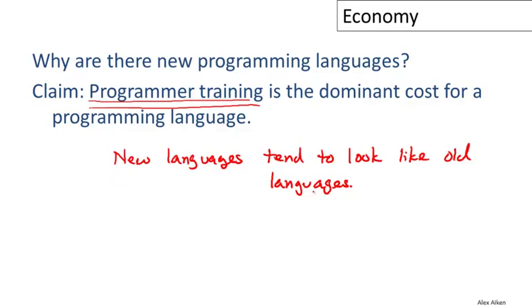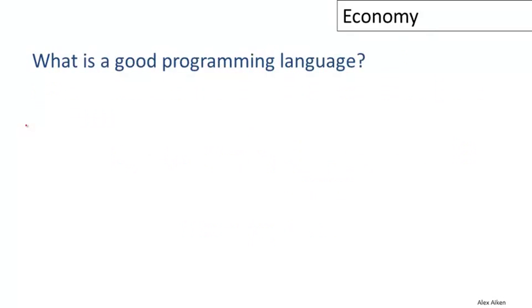By having your new language look like an old language, by leveraging off what people already know about the old language, you make it easier for people to learn the new language. You make them learn it more quickly. And the most classic example of this is Java versus C++, where Java was designed to look a lot like C++. And that was, I think, very conscious to make it easy for all of the existing C++ programmers to start programming in Java.